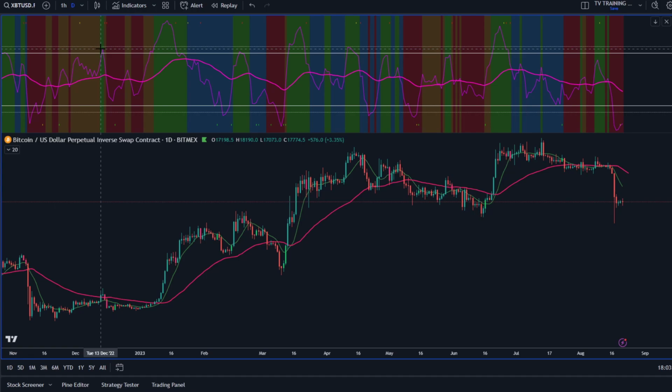Why is it called a potential? Well, because we're not Nostradamus, right? There are never any actual guarantees in trading. So it may have reset, or it may swing around a little bit and come for a higher level of a reset. All possible. It might set a divergence before hitting a low. But we're going to focus on the ones that go above 90 and below 10. Now, may I mention some others that don't get to 90 in this video? Probably will mention it a few times. But for the purpose of the video, the primary concentration is going to be on the ones that go above 90 and below 10.